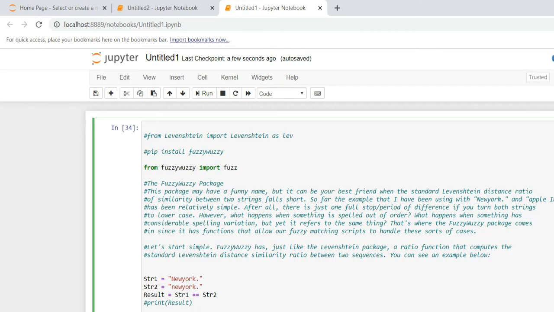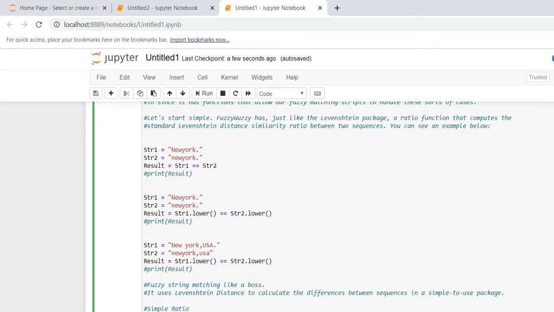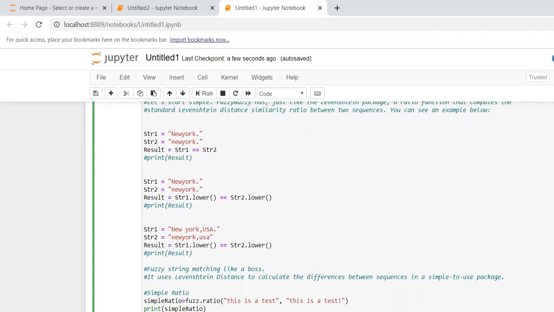In this video we are going to talk about the different types of fuzzywuzzy ratios. In the last video we saw simple ratio, how we can match two addresses and give a ratio based on the sequence.